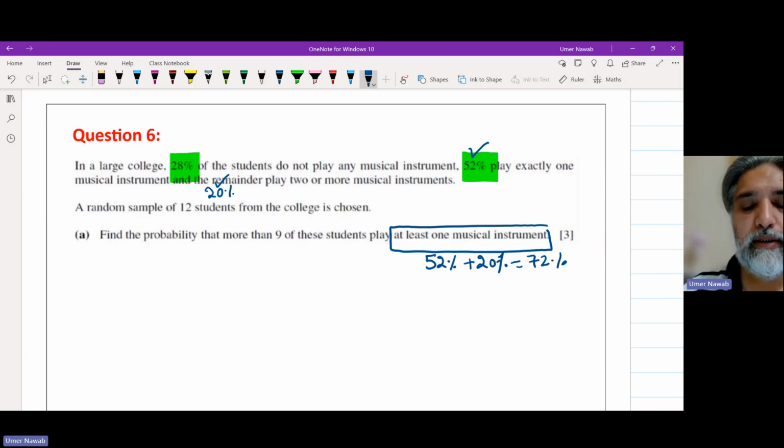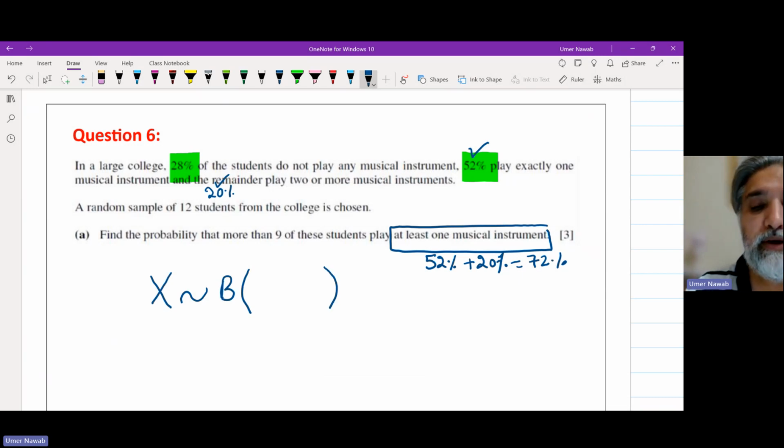So our probability of success for every student is 72%. It is a binomial probability distribution. Our random variable is representing at least one musical instrument, and it follows the binomial distribution. And we remember binomial distribution depends upon the number of trials, which is 12, finite, and the probability of success